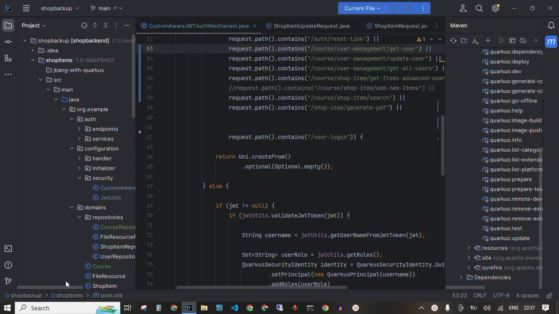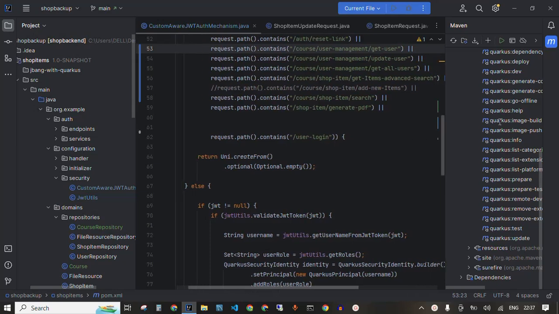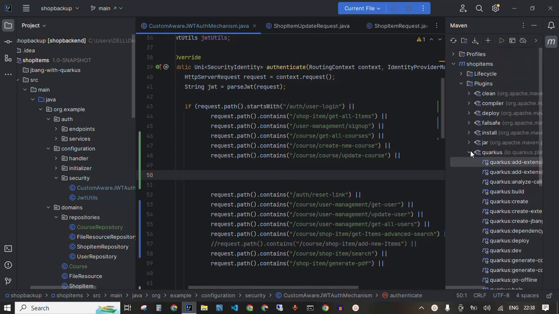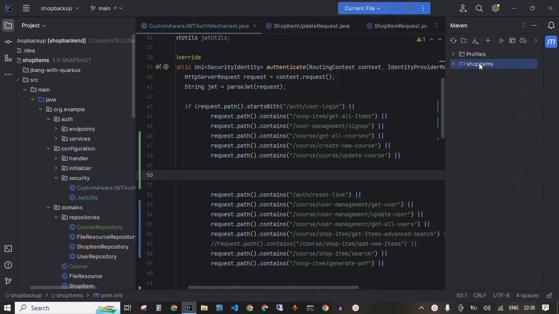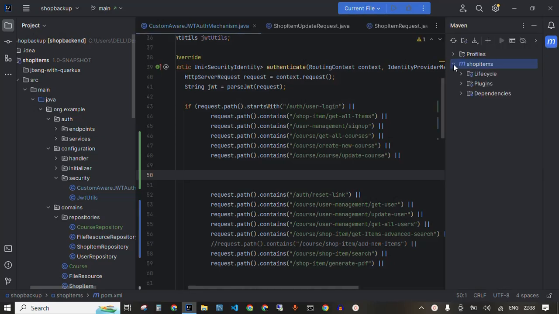Hello guys, today I'm going to be showing you how I launch my Java Quarkus app in the browser, of course using Swagger UI. So what I actually do, since it's a Maven project, I go to my Maven, then Maven plugins,